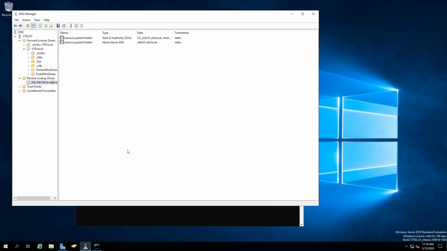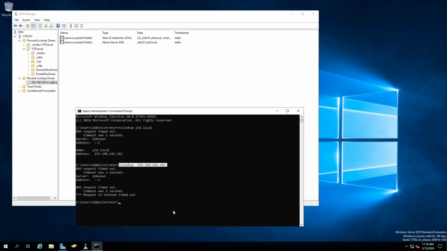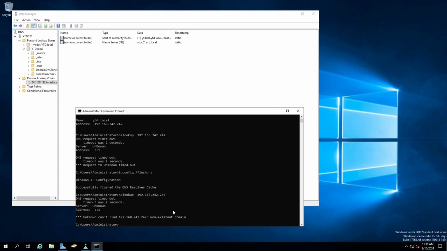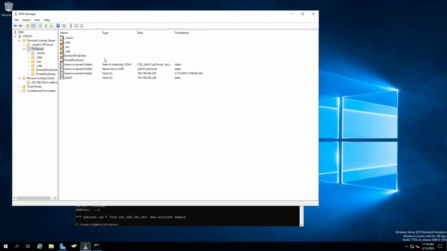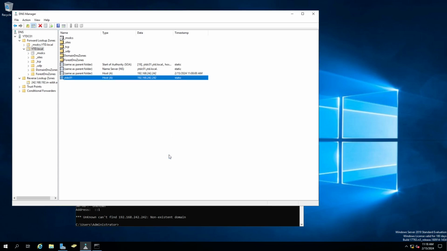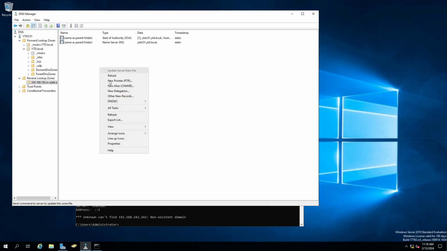So we have our reverse set, but that doesn't mean that we're 100% configured, because if we go down here and we do ipconfig flush DNS, and we do the DNS lookup for the 242.242, we're still going to get the error message. And the reason why we still get the error message is because we created this after we added the domain controller. So what we're going to want to do is go over to the forward lookup zone, find our configuration here and click on properties. And then we click the update associated pointer or PTR record, which is the same for your reverse lookup zone, and click OK. And what this will do is now, if we refresh this,